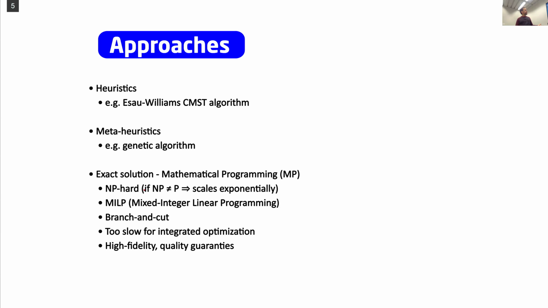And there is the exact solution with mathematical programming. This is an NP-hard problem, so it doesn't scale well with the size of the wind farm. And you solve it using a MILP model, a mixed integer linear programming model, for the site. And the solver uses a branch and cut strategy for finding the optimal. But this takes a lot of time. This is too slow for the integrated optimization that we want to apply it to. So it has nice characteristics of providing high fidelity and quality guarantees. So if it's not the optimal, at least you know how close you are to the